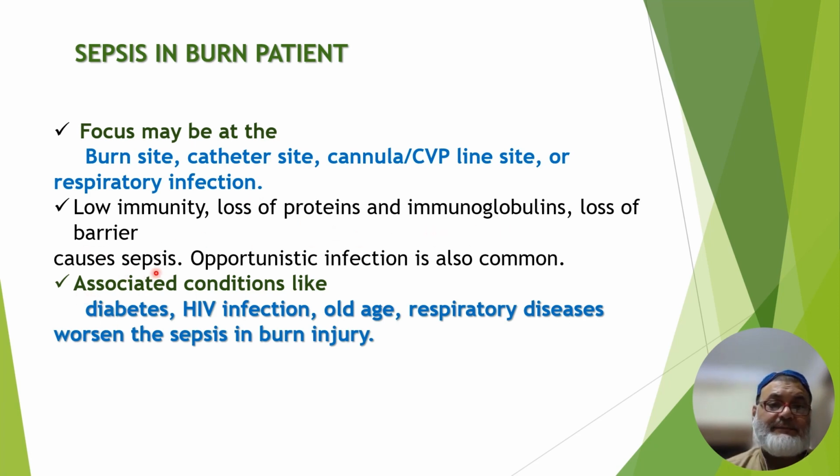Now, causes of sepsis, opportunistic infection is also common, associated diseases like diabetes, HIV infection, old age, respiratory disease, worsen the sepsis and burn injury. अगर इन patients के अंदर burn injury हो और infection हो जाए तो फिर वो सेप्टिसीमिया डेवलप कर जाता है।